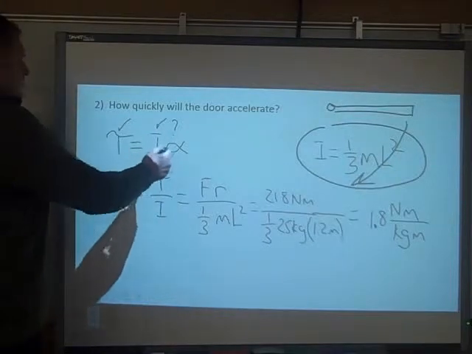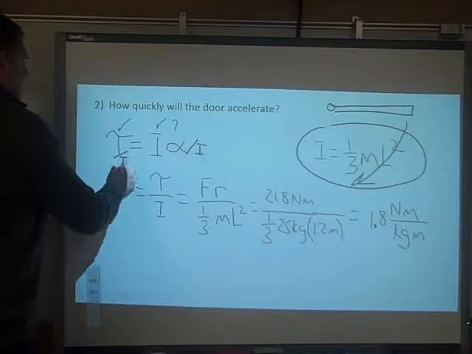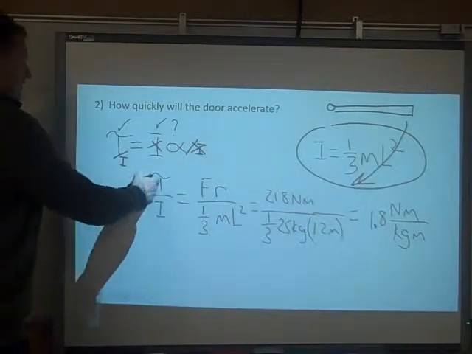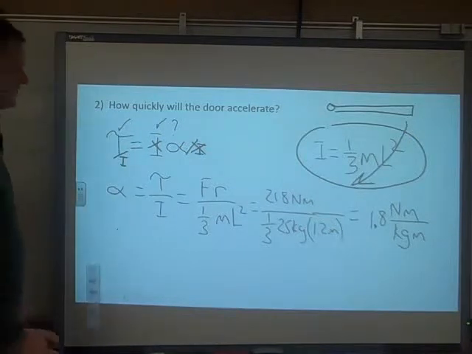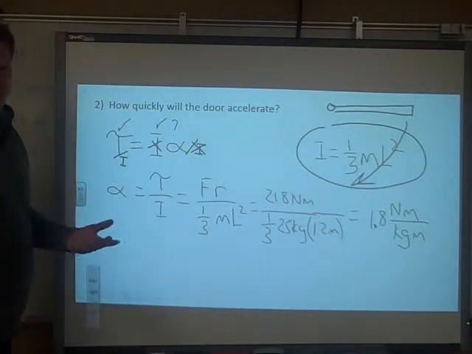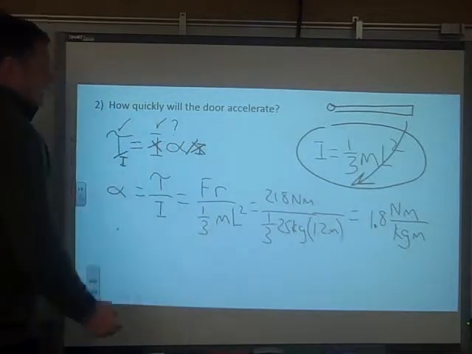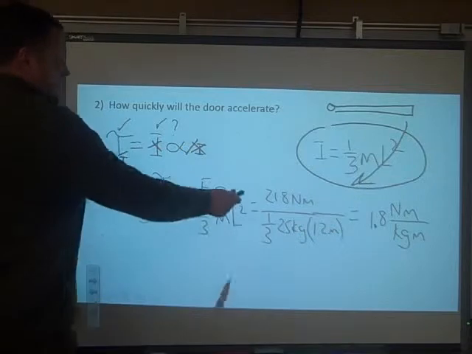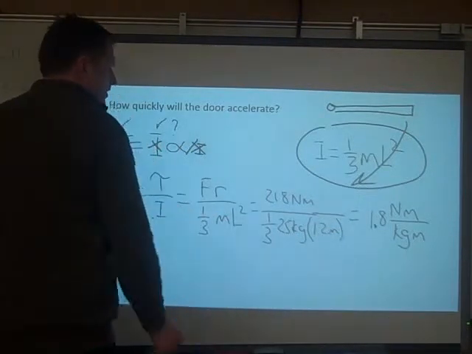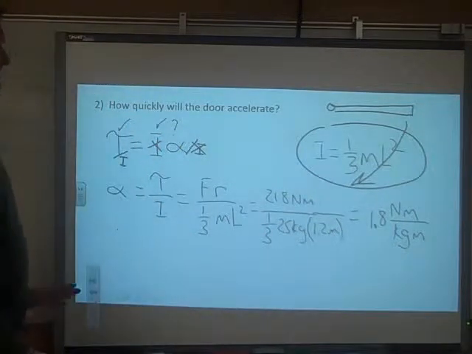I rearrange the equation. How do I do it? I divide both sides by I. The I's cancel. I end up with alpha is equal to torque over moment of inertia. I substitute in again. What is torque? Force times radius. We already figured that out, so I didn't have to really write that, but I did anyway. Divided by 1/3 m L squared. For problem number 1, 21.8 newton meters, divided by 1/3 times the mass, 25 kilograms, times, again, the length of